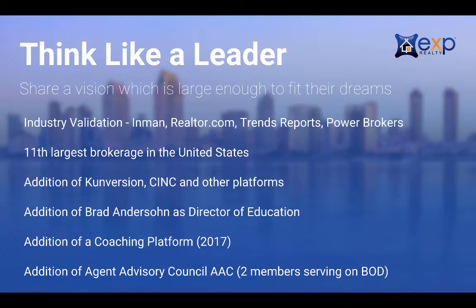We've added Brad Anderson as the Director of Education. In the old days, we had to strategize on what we were going to do for training that week. And it was always a scramble to find someone to contribute. Today, we have a full-time, dedicated professional who brings the best in the industry in here every single week. I don't have to think about that. You don't have to think about that. It's automatic. And I'm telling you, the people that we have in here today and the quantity and quality that we have today is something to be hugely proud of.